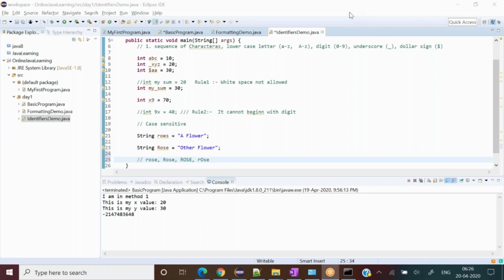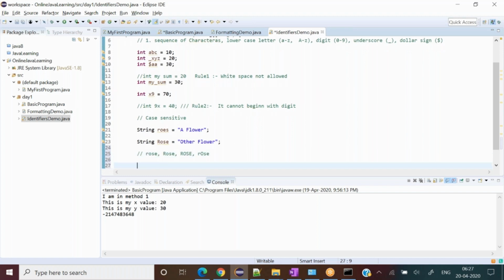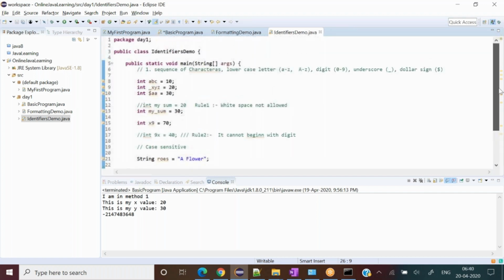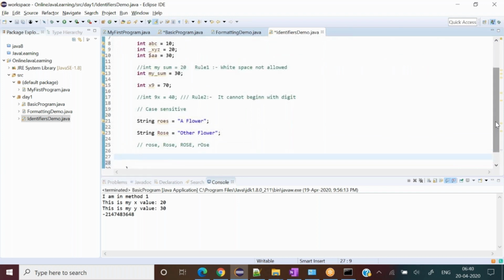It is very case sensitive. However we are writing the same thing, the case sensitive rule is applicable over here. These would be treated as four different variables in Java, not a single variable. It is not like we are overriding this. Correct. You got my point. Now there are more rules around that, which are best practices, I would say.